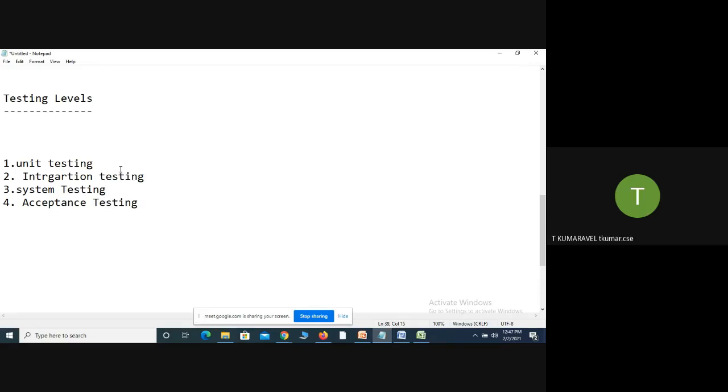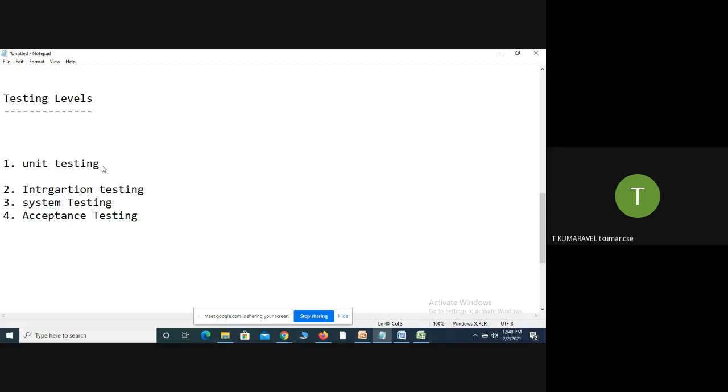What is the meaning of unit testing? It ensures that your code or your method works as per the specification or not. For example, you are writing a class, and within that class n number of methods are available. In unit testing, you take any one of the methods within the class and check whether it produces a result as per the requirement or not. That is called unit testing.